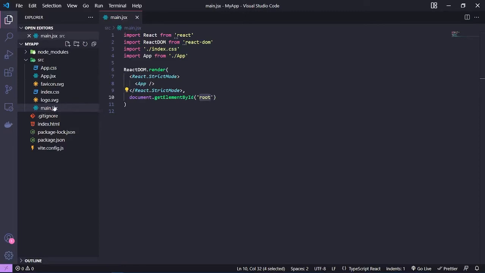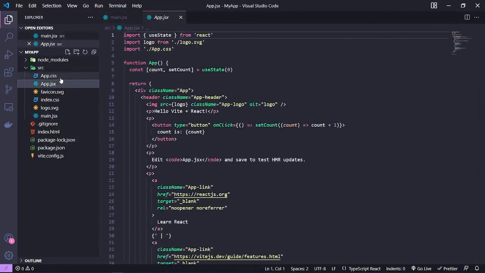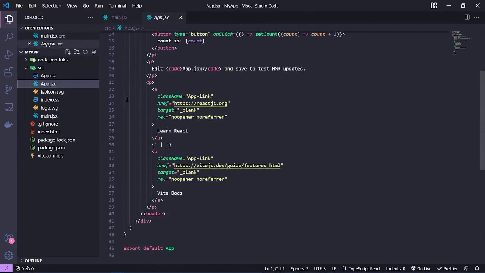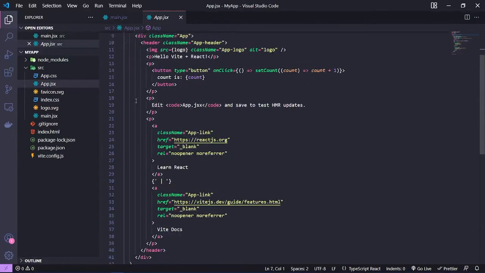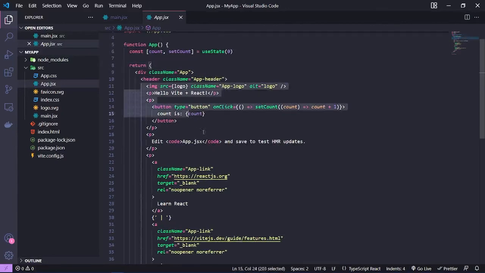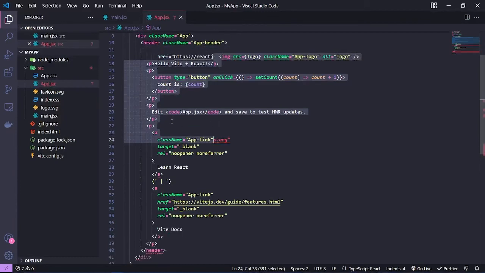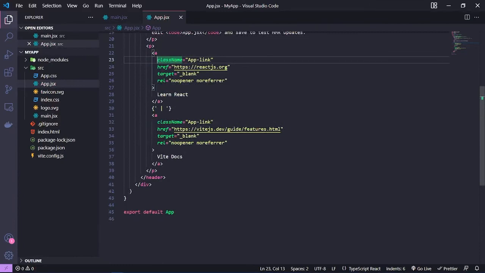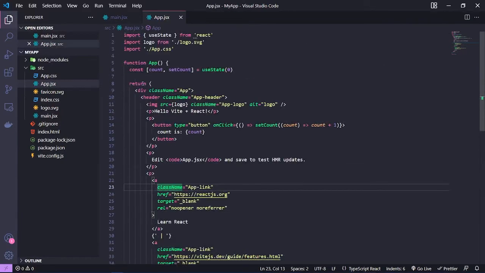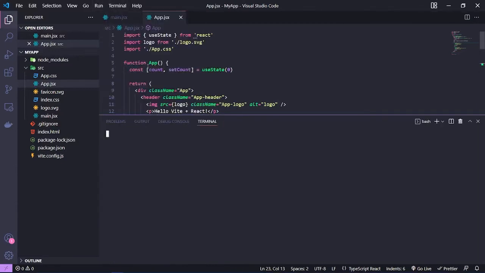So if I go to my app, I'll be able to see that nothing has changed. We have our function here, the app class of function or component, and from there we have a certain line of codes that will be displayed while we initialize our app. So if I go again to the terminal, we're going to be running our application